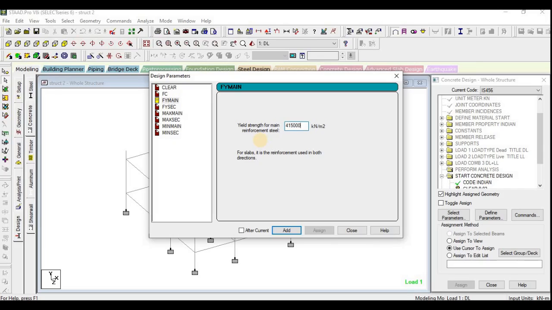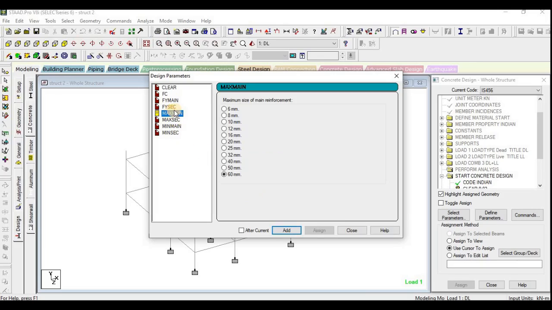As per our Indian code, for Fe 415 it is 415 Newton per mm square, so I have entered that. Similarly for Fy secondary, I shall revise this value and then add this content here by clicking the add button.